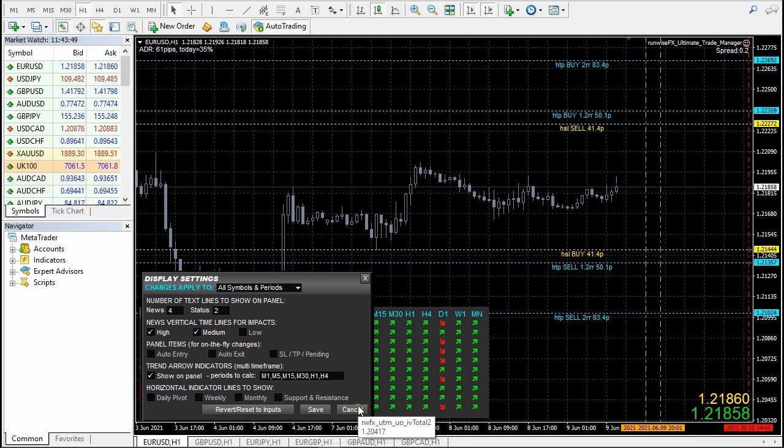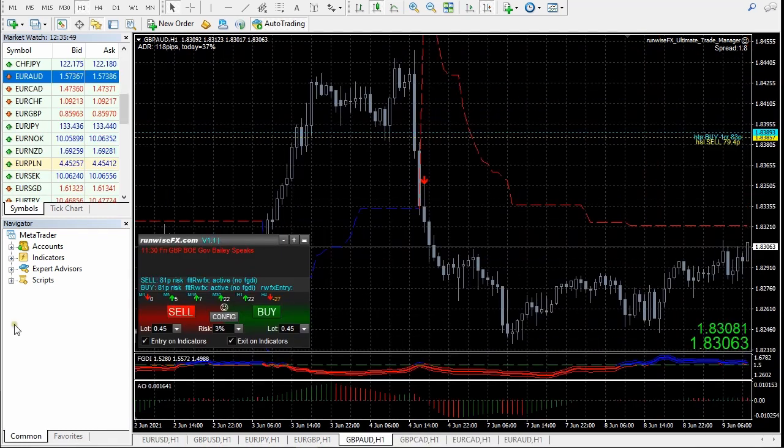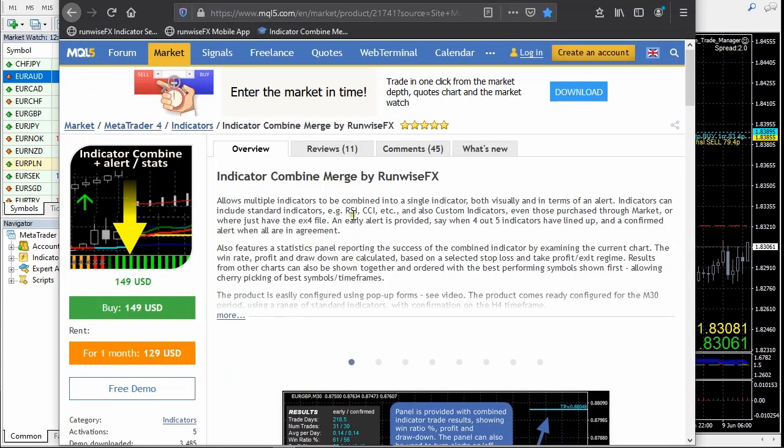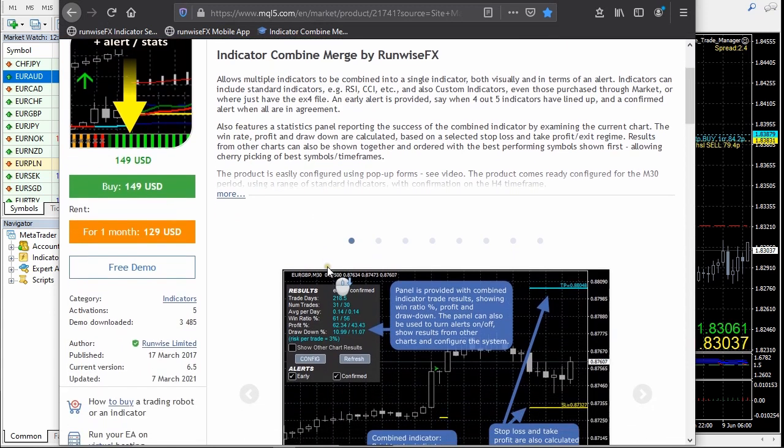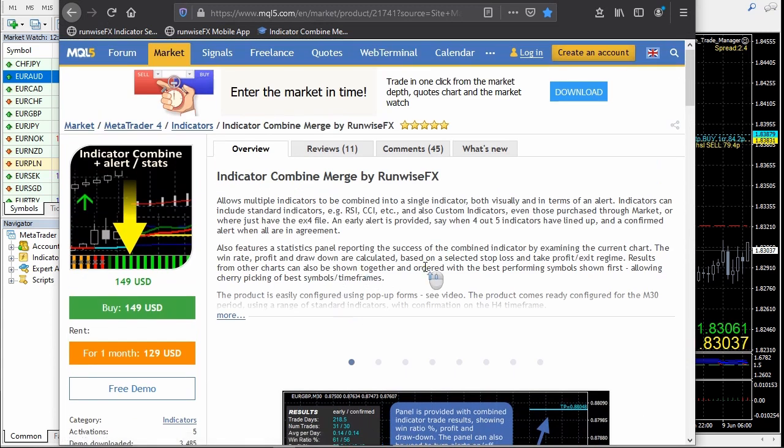So little hidden gems like that, which are really useful. So one big final feature to show you is we've made it compatible with our indicator combined product, which is also in MetaTrader Market. So if you've purchased this product, which normally can just alert, and what the product does is it allows you to combine multiple indicators into a single alert, and it also calculates statistics and things like that as well, and it will even do custom indicators